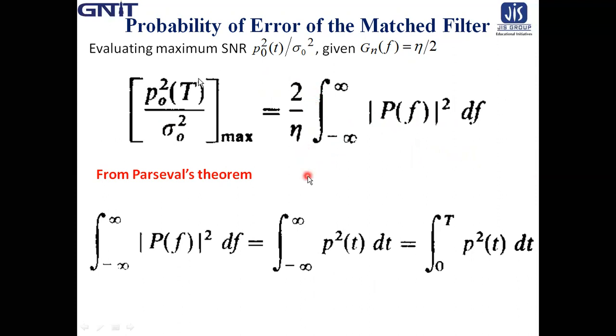Now using Parseval's theorem, you can get the integral from minus infinity to plus infinity of |P(f)| square df equal to the integral from minus infinity to plus infinity of p square t dt, that is equal to the integral from 0 to T of p square t dt,